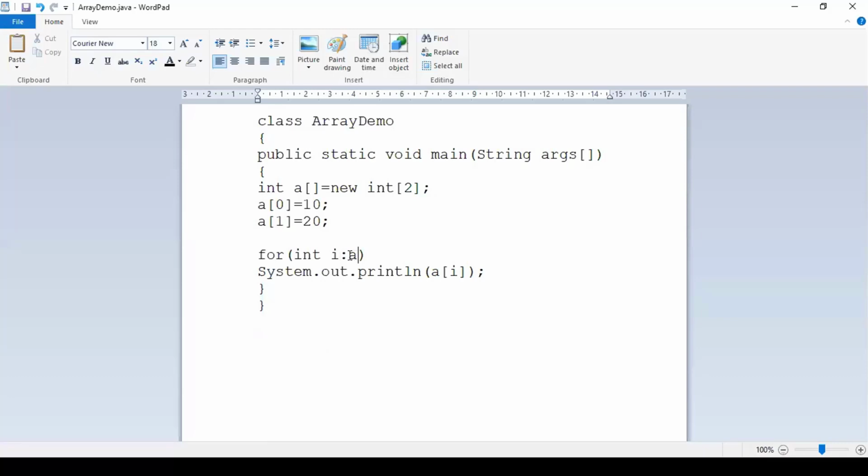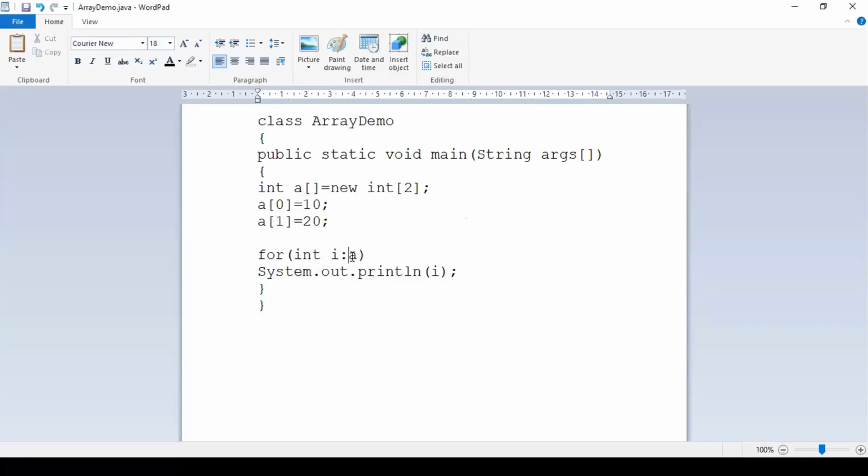Simply specify the collection name, and say that every element of that array will be copied to I. So in System.out.println, now you should not say A of I, rather you need to say just the value of I.